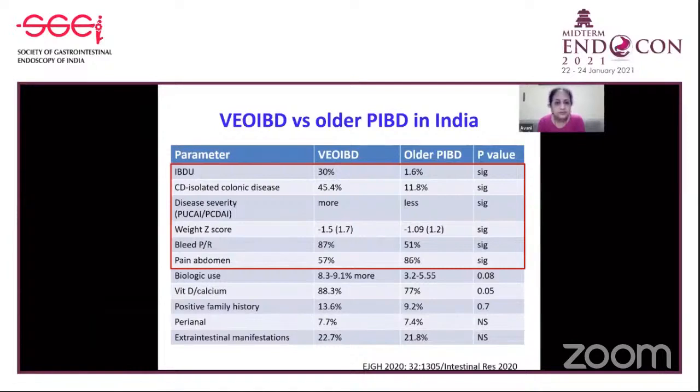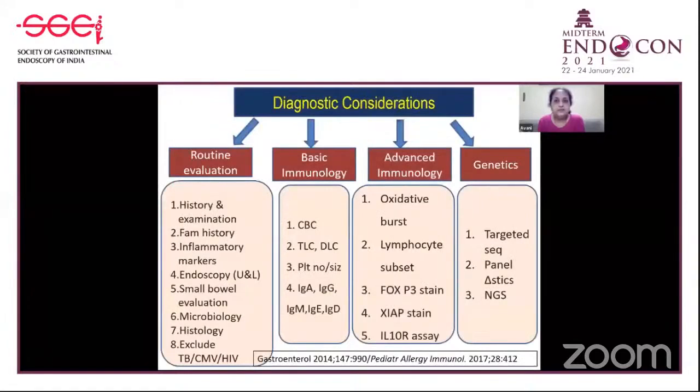Whereas perianal disease, extraintestinal manifestations, and positive family history were equally common in both the very early onset and the later onset disease. Therefore, whenever we have a child with very early onset IBD, apart from the routine evaluation, a basic immunological workup with immunoglobulin profile, complete hemogram, platelet size, and an advanced immunology looking for CGD, chronic granulomatous disease, for oxidative burst, lymphocyte subset, and special staining for these immunodeficiency disorders, and then at the end a genetic sequencing